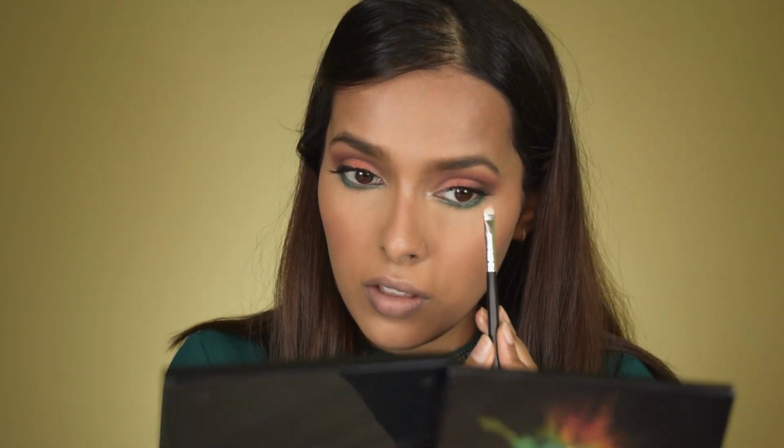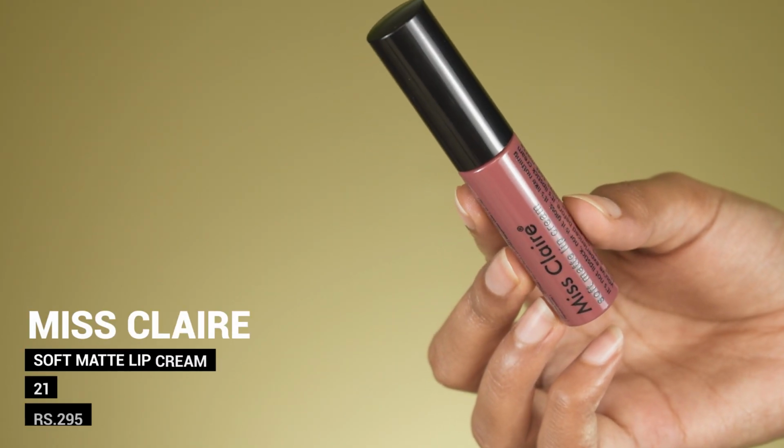I really love this highlighter, you guys. It looks really beautiful. The finish, the formulation, everything, and the way it's sitting on top of all the products, it's really good. So ultimately we are going to do the lips, and for the lips obviously I'm going to